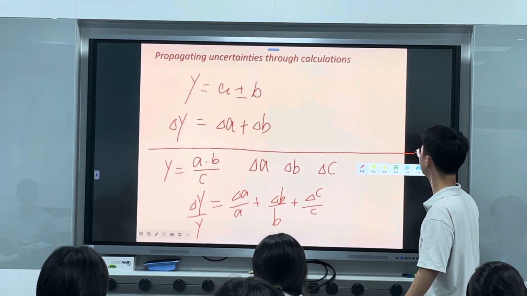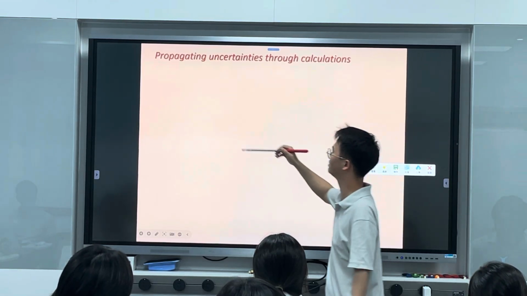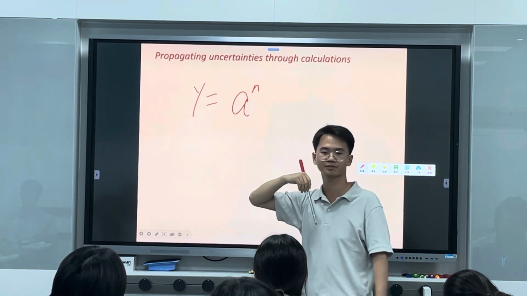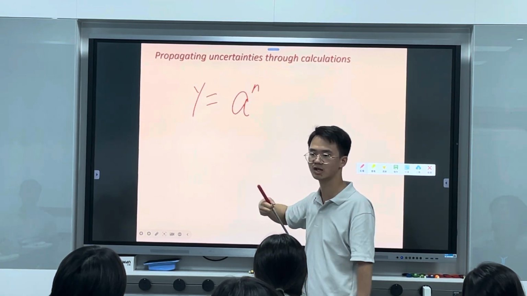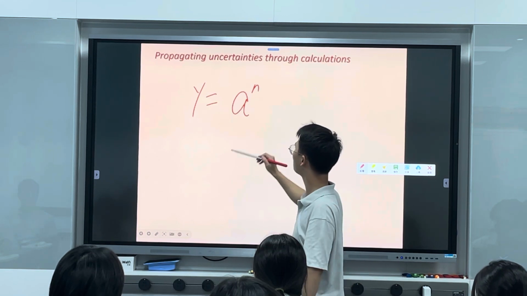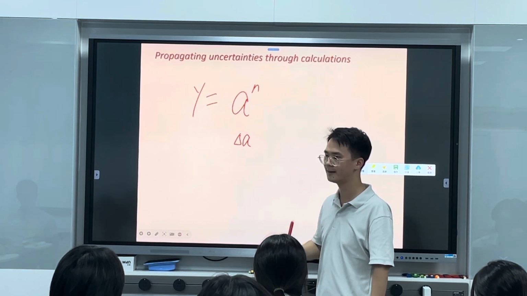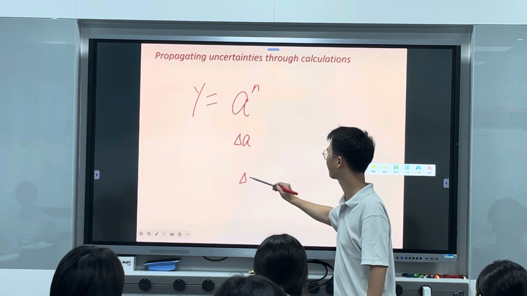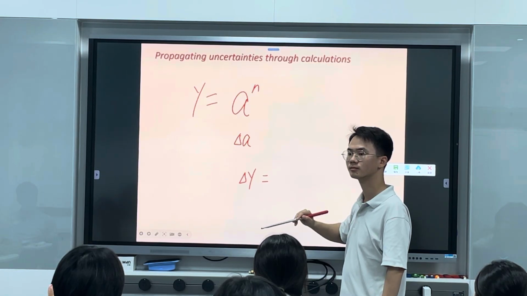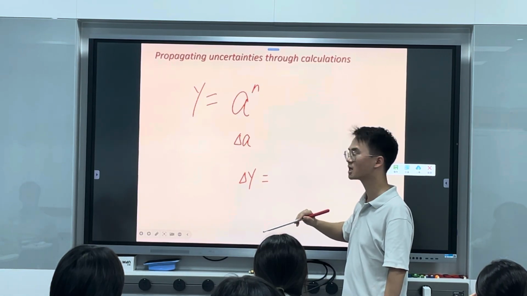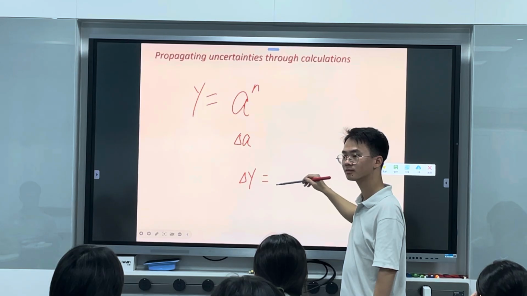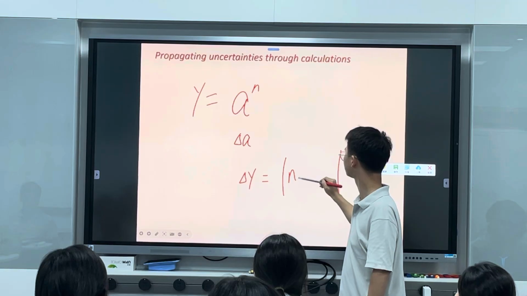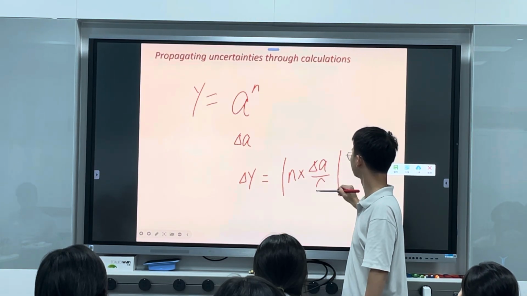What if, let's say the third situation, y is equal to a to the power of n. Then how can we solve the uncertainty of y when we know the uncertainty of a? Let's see. Absolute? N times delta A over